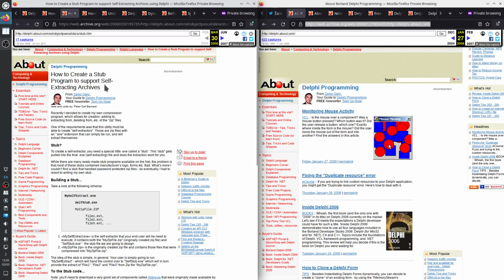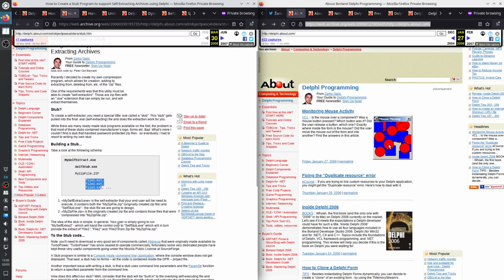A program that supports self-extracting archives. So an executable that contains a stub and a zip file, and the zip file has the content.